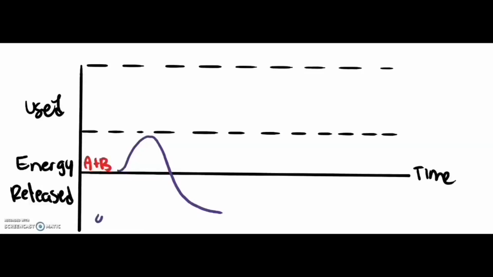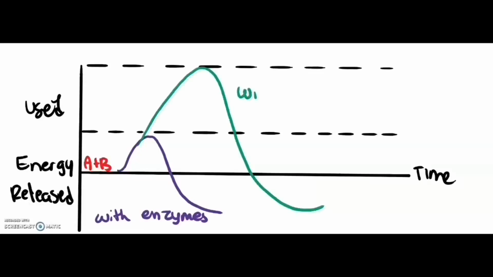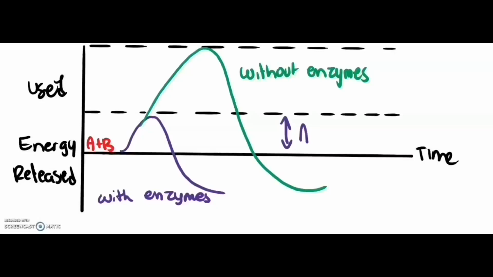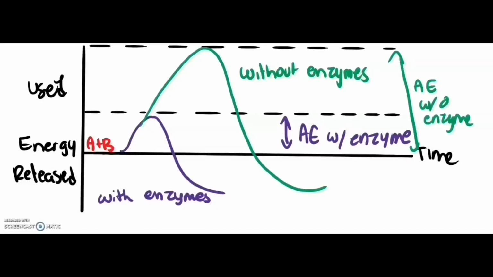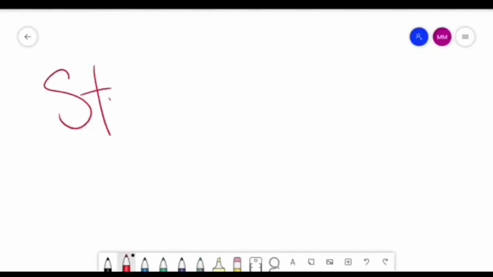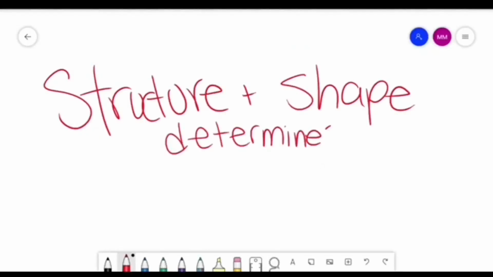If we look at it graphically, the amount of energy needed for a reaction to occur with enzymes is drastically lower than without enzymes. So these enzymes, by bringing molecules together, are actually lowering the activation energy needed for the chemical reactions to occur. Now, we're going to talk about the structure and shape of enzymes and how that determines